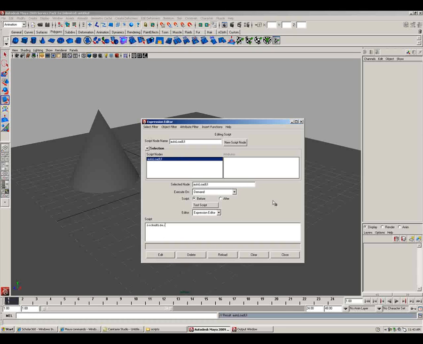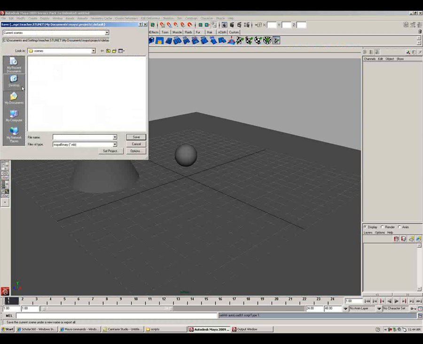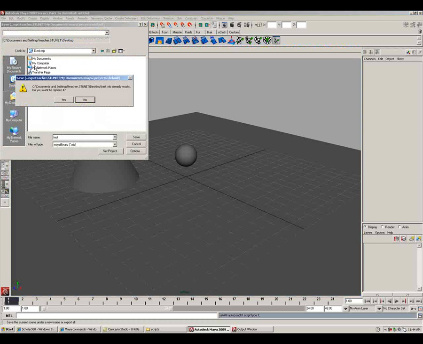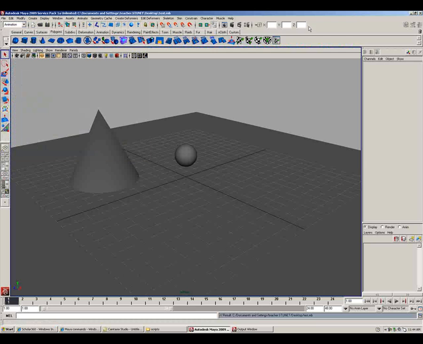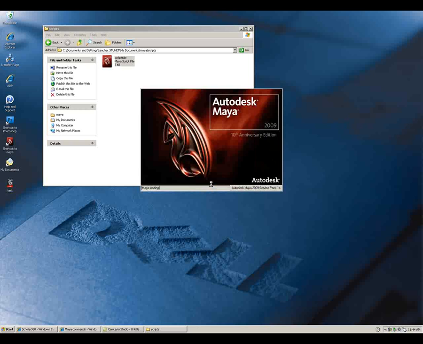There's my brand new script, but we have to change a little bit. Right here where it says execute on, you have a couple of different options. I'm going to set it so that on open/close, it will load. I can test the script right now, but we've already seen that it's working. Go ahead and hit edit, and now we're going to save this file out. I'll save this over the one that I had earlier on the desktop as test. Yes, I want to replace it. I'll close this file, and I'll load it now. And what will now happen is when I open it,